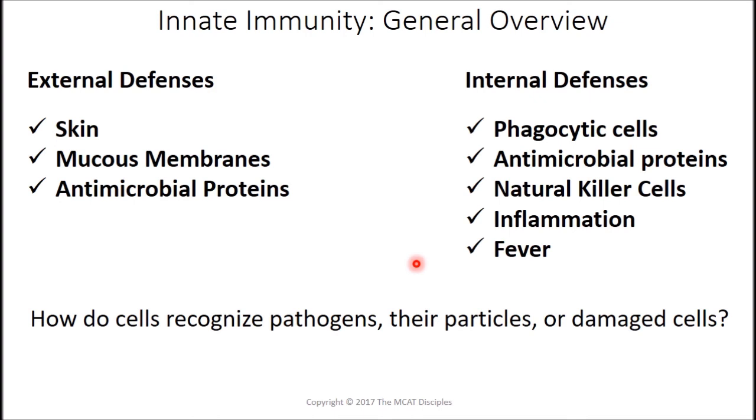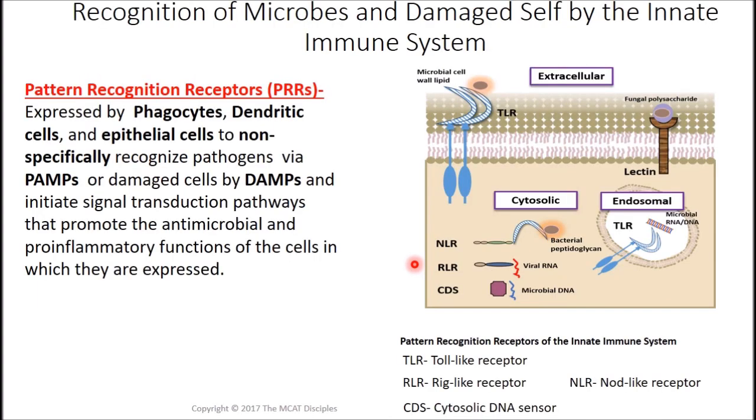Clearly, we're saying everything's non-specific for the innate immune system, so how are we recognizing pathogen? We'll get there. It's receptors, of course, and nothing special about that. The receptors that innate immune cells have are called pattern recognition receptors, PRRs. They're primarily expressed by phagocytes, dendritic cells, and epithelial cells, and those cells non-specifically now recognize pathogens